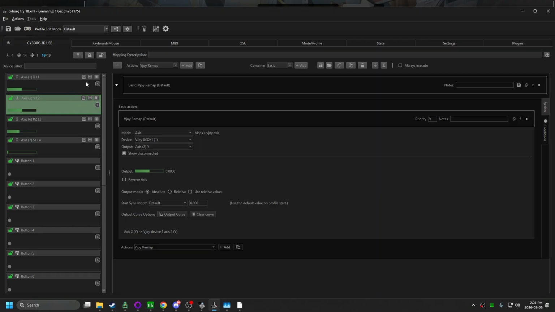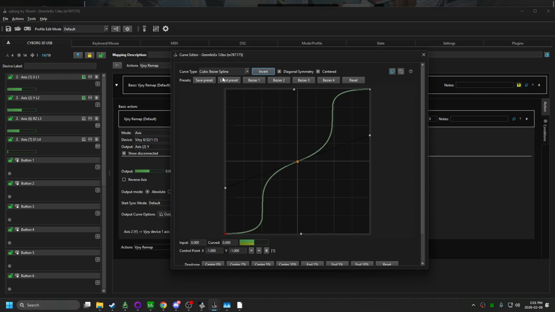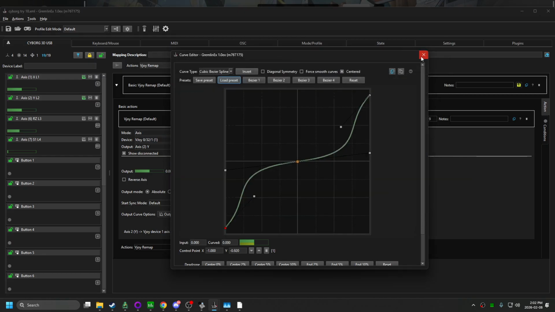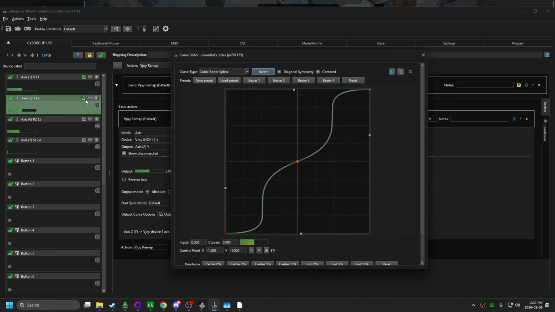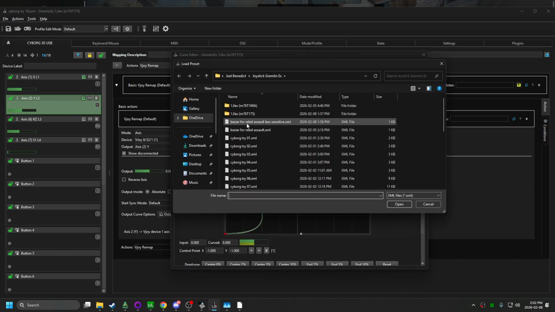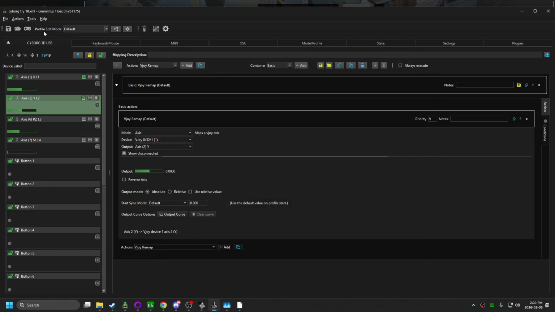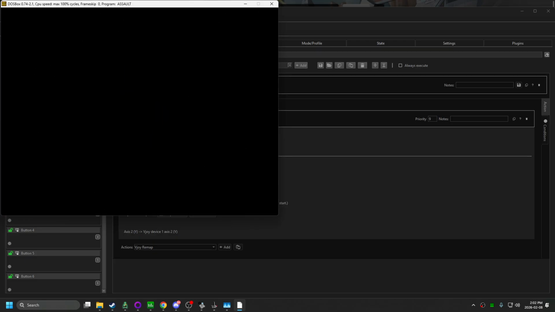Okay. We're gonna Alt Tab, go to Joystick Gremlin, hit deactivate, go to the calibration thingy, load preset, go to less sensitive, hit open, close out of this, go to this, open this, load preset, go to less sensitive, open this, then hit activate. Now we're going to go back to this, click into here, open this, start new game,